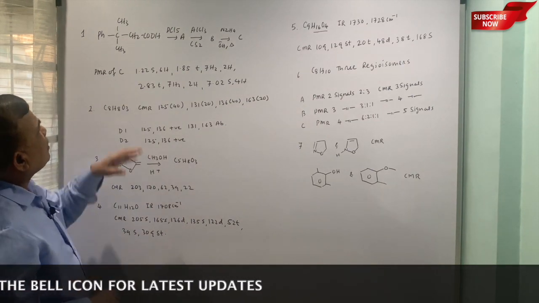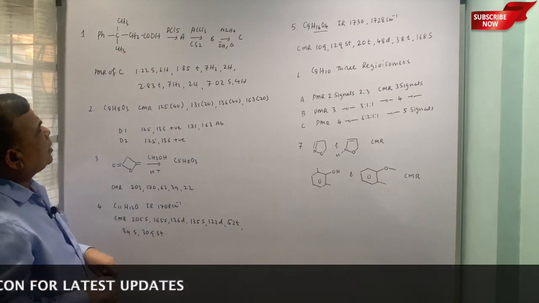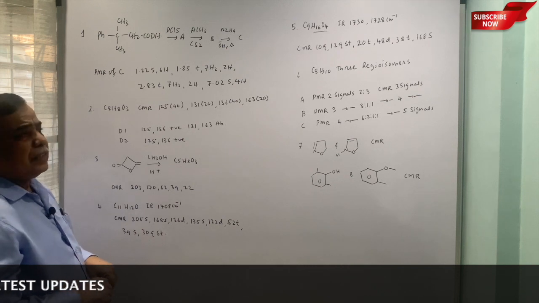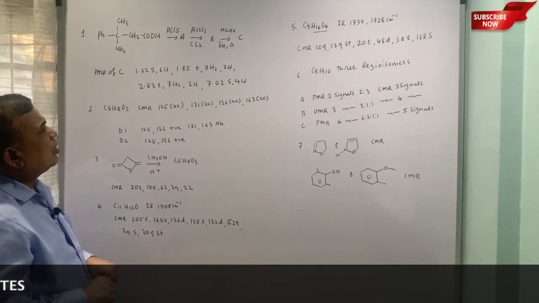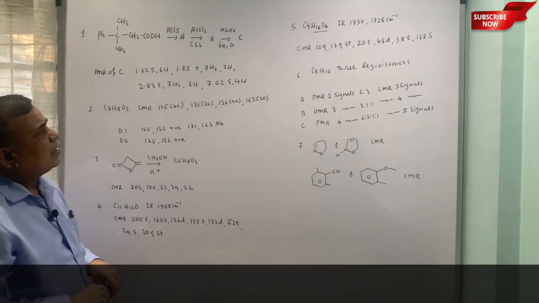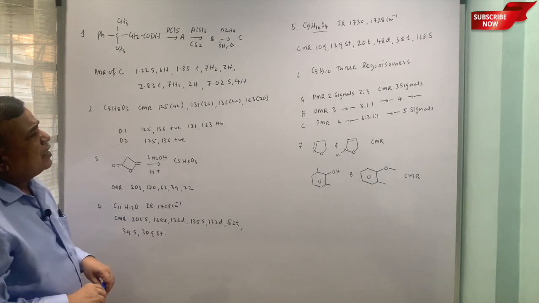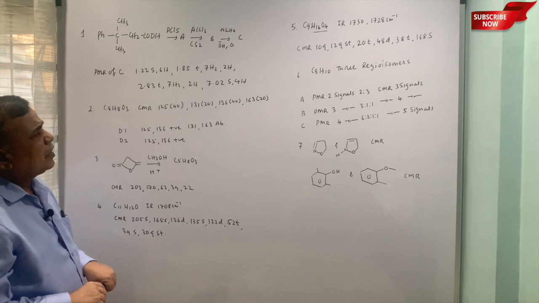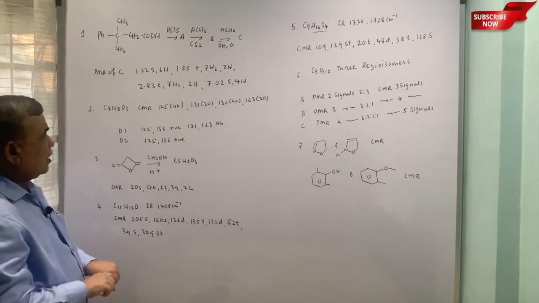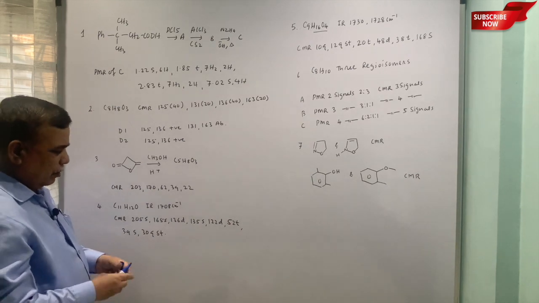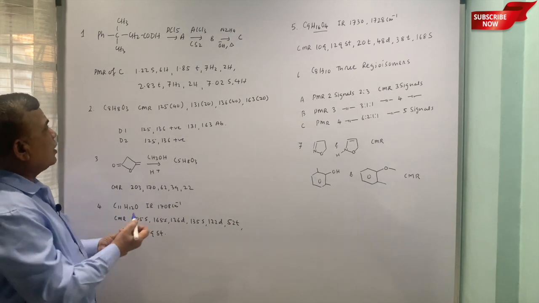So first example: this acid is treated with PCl5 to give A, then aluminum chloride in carbon disulfide gives B, and lastly hydrazine, that is N2H4, and base with heating gives C. These are the details of the proton NMR of C. We have to find out what C is.